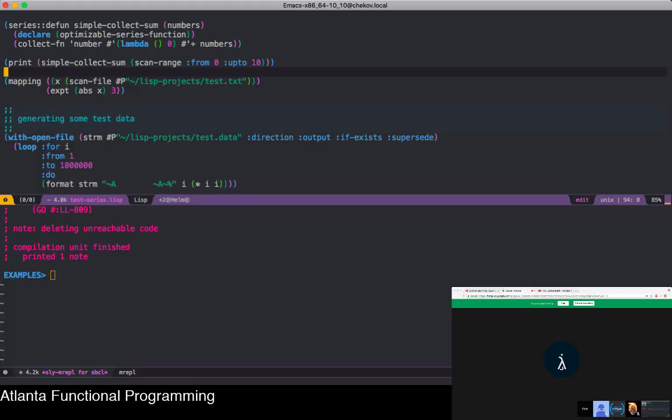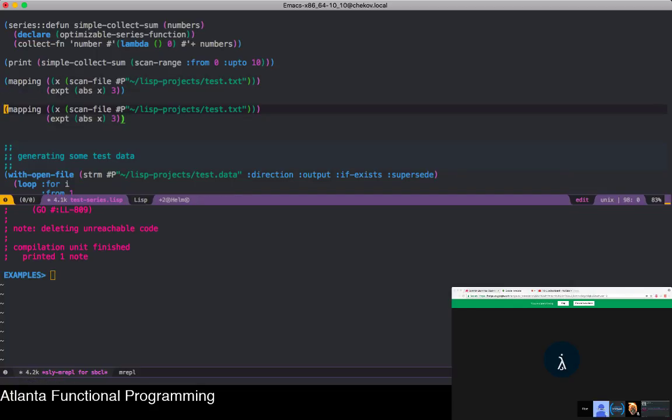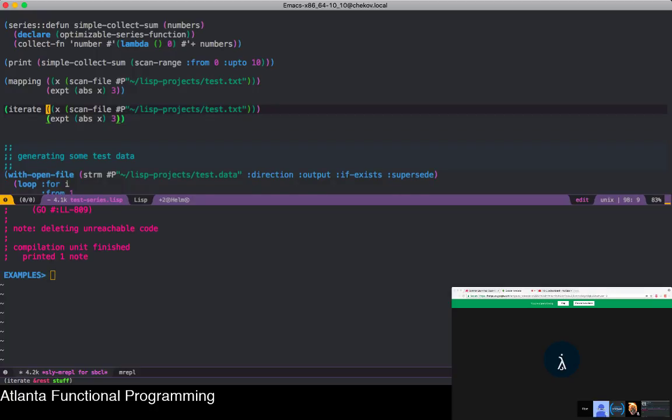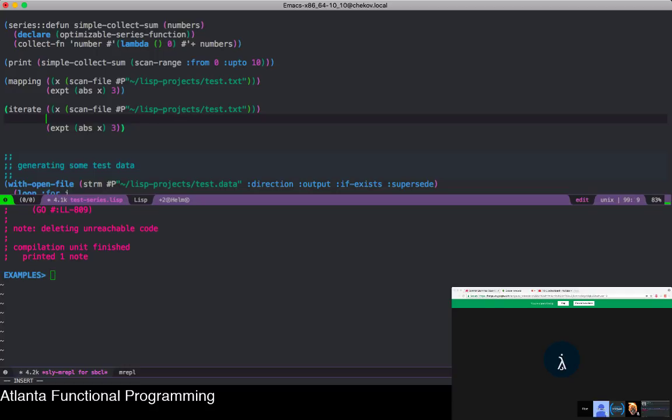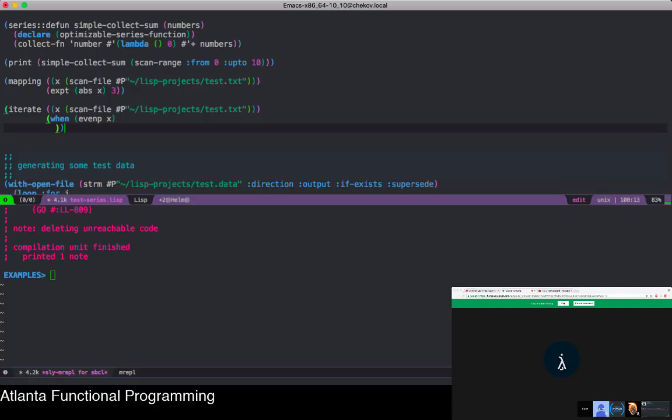So if you're doing side-effect-based series transformations, you would use iterate. I don't have an example of iterate here, but I could possibly create one right now. It'll basically look something like this: iterate, and then I can write code here and just print it out. When it's all said and done, what ends up happening is